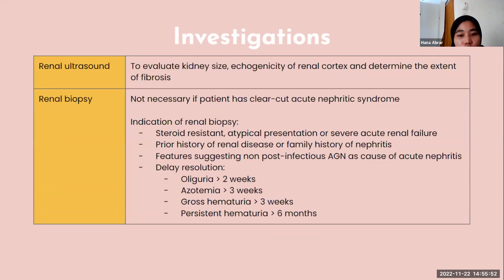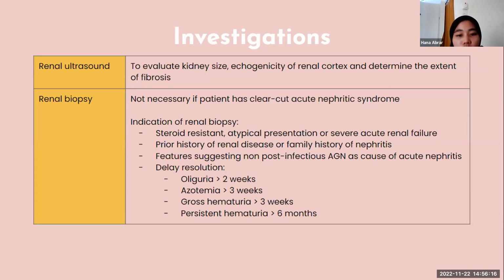And renal ultrasound can be done to evaluate the kidney size, echogenicity of renal cortex, and to determine the extent of the fibrosis. Renal biopsy is not necessary if patient has clear-cut acute nephritis syndrome based on the history and physical examination. So the indication of renal biopsy is steroid-resistant, atypical presentation or severe acute renal failure, prior history